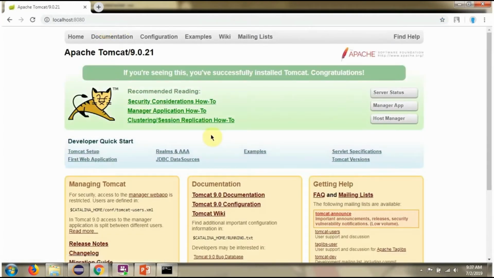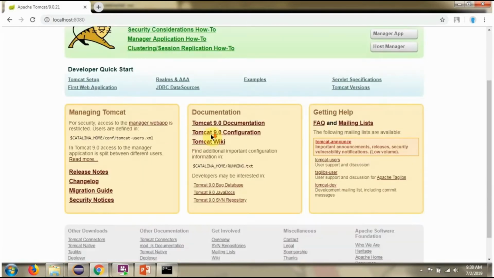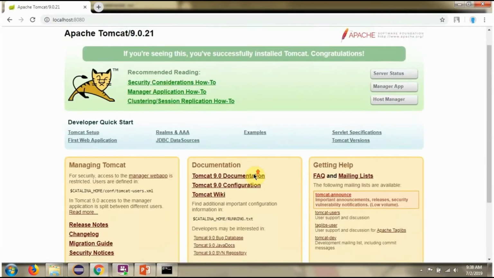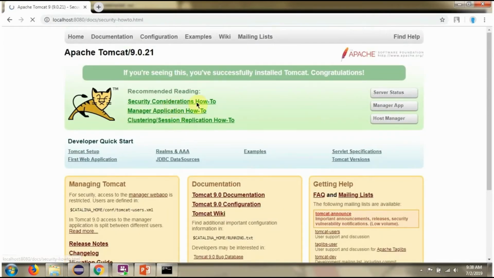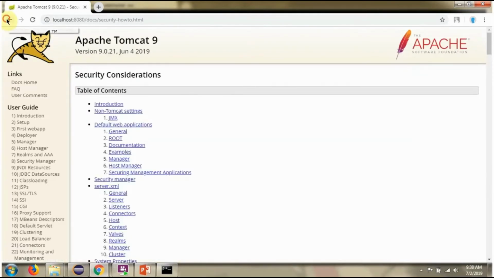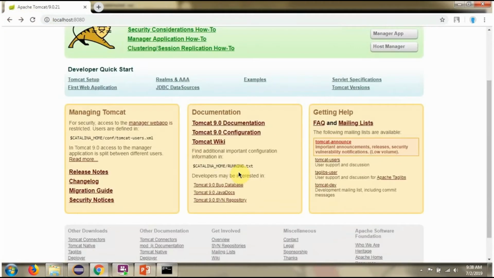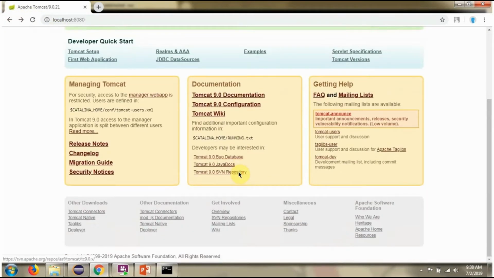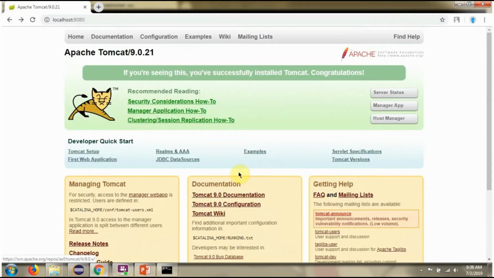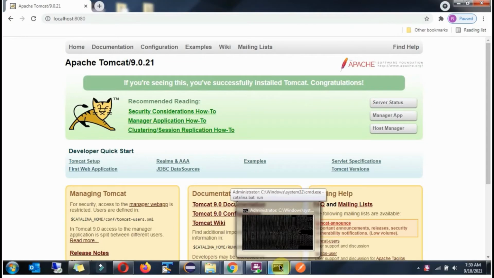Here you can see the Tomcat index page. Next, shut down the server.